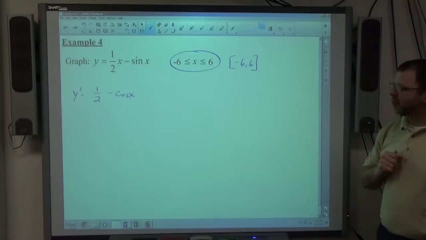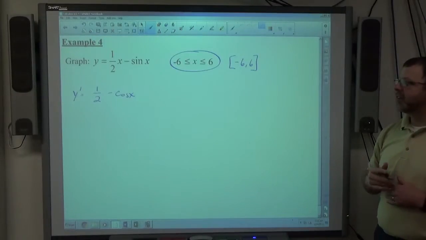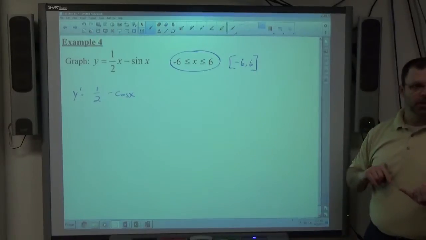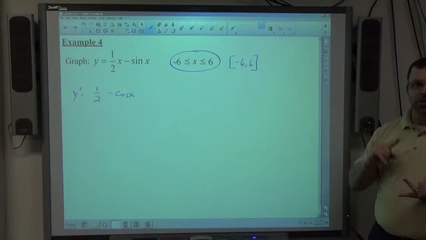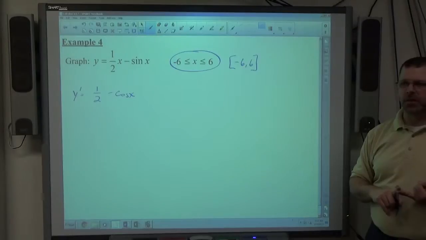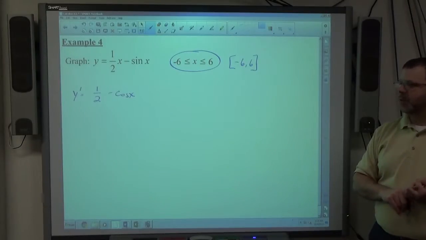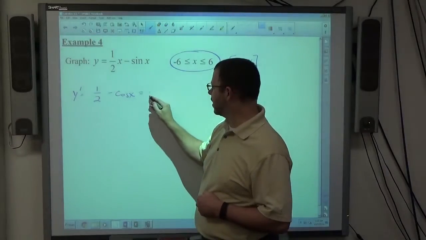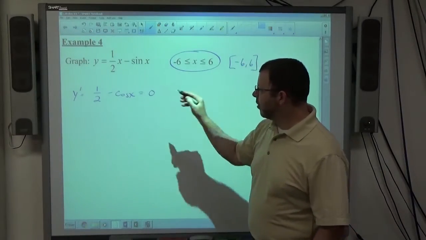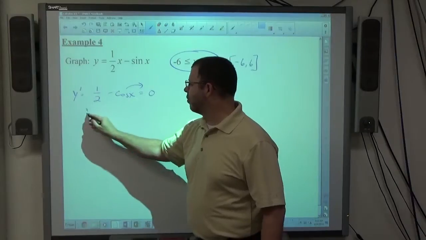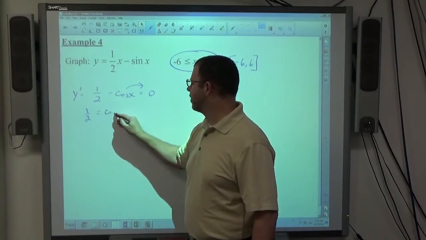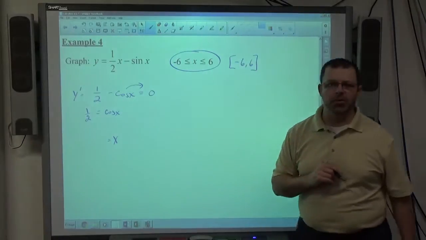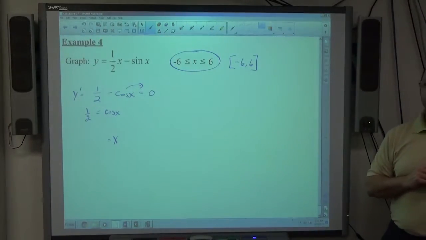And if the first derivative is 1/2 minus cosine of x, the critical numbers occur at endpoints, which would be -6 and 6. Anywhere the derivative is undefined, which there aren't any, right? Cosine's never undefined. And any place where the derivative equals 0. So to find the rest of the critical numbers I set that equal to 0 and solve. I'm going to move the cosine of x over to the right-hand side, so 1/2 equals cosine of x, which means x is anywhere cosine equals 1/2, which would be pi over 3